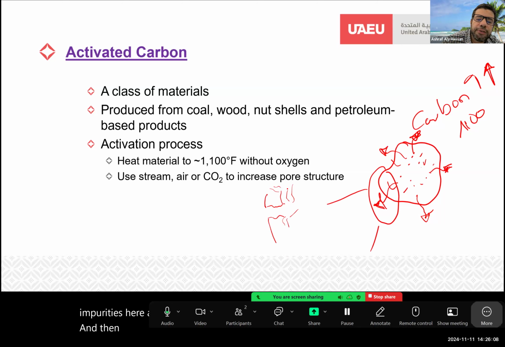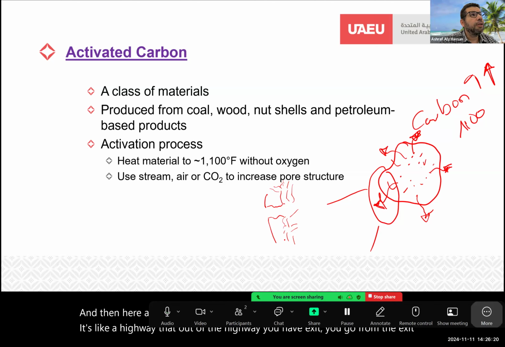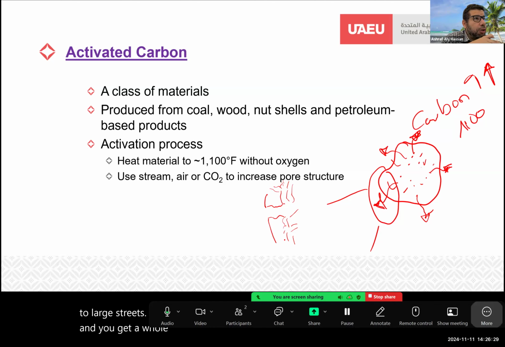And then this one has channels, and smaller. It's like a highway, that out of the highway you have exits. You go from the exit to large streets. The large streets go to smaller streets, to very tiny streets, and you get a whole network by activation of the carbon